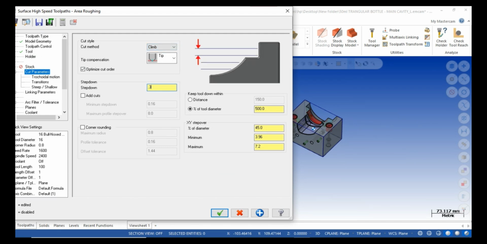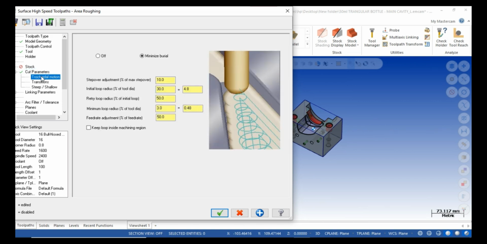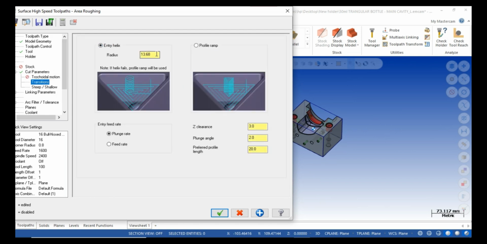Depth of cut is 0.3 mm. I have selected 0.25 mm, which is okay. 60 mm is my step over. Corner rounding is for smooth flow machining. There are many small settings.